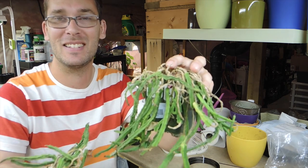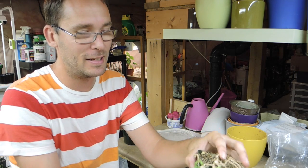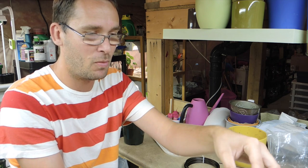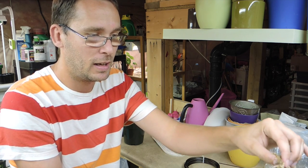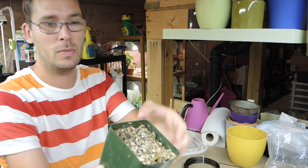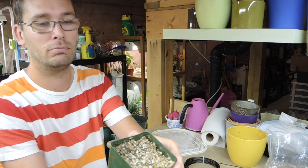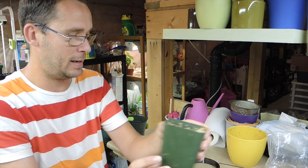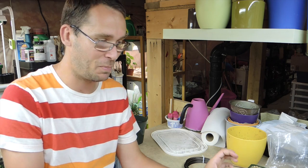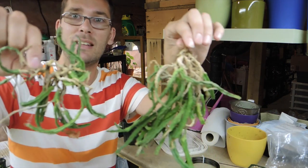So the media is coming out of the pot, the soil is coming out of the pot. This is a very rocky mixture right there. This is a Stapelia scitula. Scitula. Chris, from Growing Things, you know this plant because this is the parent plant of your cuttings, and mine